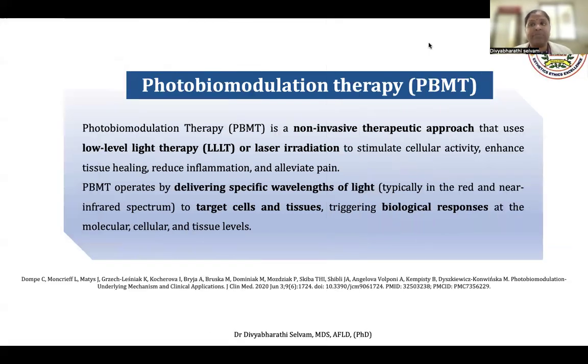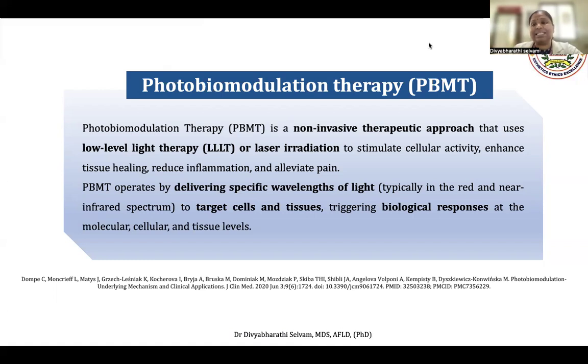It is a non-invasive therapeutic approach which utilizes low-level light therapy or laser irradiation in order to stimulate cellular activity, enhance tissue healing, reduce inflammation and alleviate pain. It operates by delivering light at a specific wavelength. Please do remember the wavelength generally ranges between the red and near infrared spectrum, around 600 to 1100 nanometers. That is why it is called low-level laser therapy, photobiomodulation therapy or light emitting diode therapy. So it will be non-ionizing, and heat generation will not be there